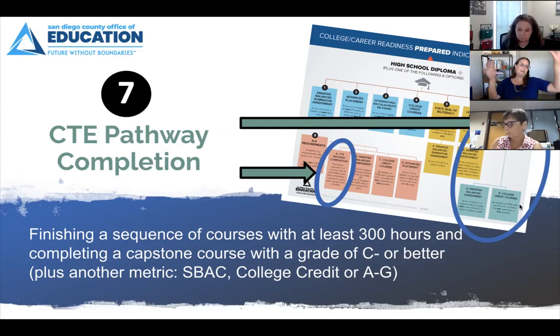Now, we need a whole page of strategies for this. So, CTE pathway completion: we know that in order to do that, you need 300 hours and concentrator and capstone. You need that C- or better, plus either doing well on one of the SBACs, the college credit, or the A through G allowable. And someone's asking if there's a revised list. So this is the current list. There's one more metric, and we'll talk about it at the end,